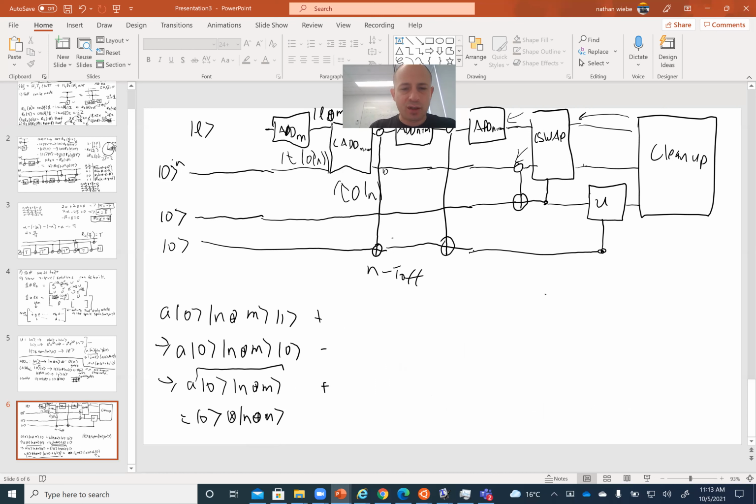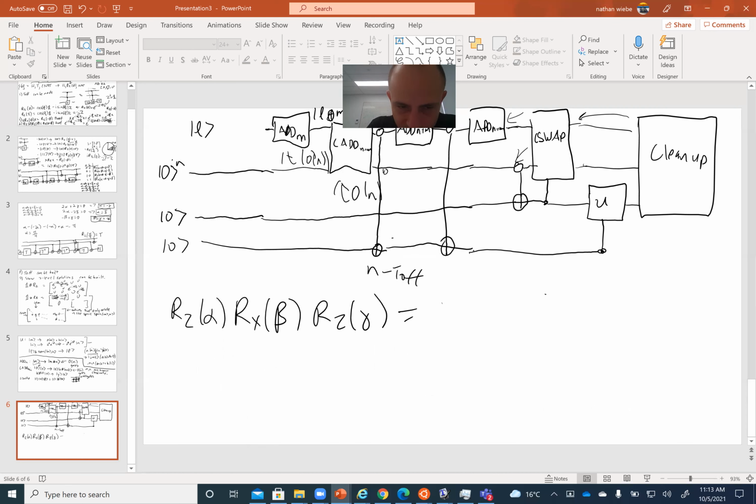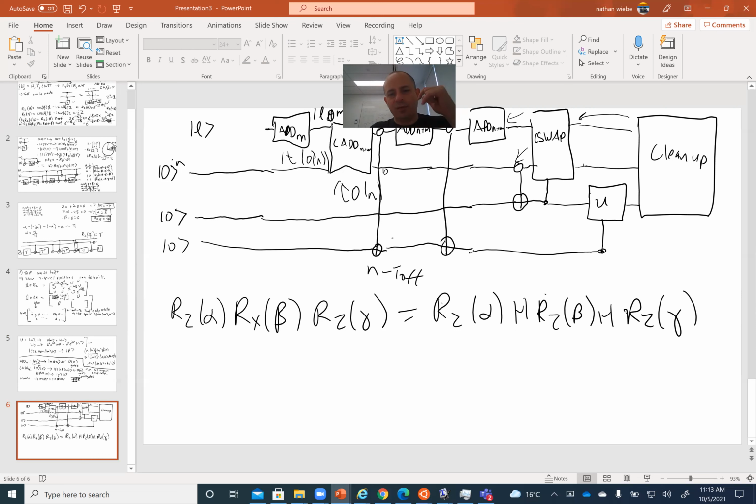So the controlled unitary that we have in this circuit is an arbitrary unitary transformation. So an arbitrary unitary transformation, recall, can be written as Rz of alpha, Rx of beta, Rz of gamma, which is equal to Rz of alpha Hadamard, Rz of beta Hadamard, Rz of gamma. So therefore, we can express the controlled unitary rotation in the following form. A controlled unitary rotation is of the form